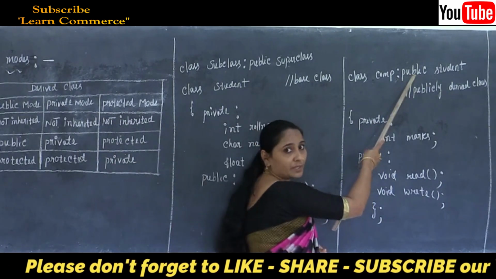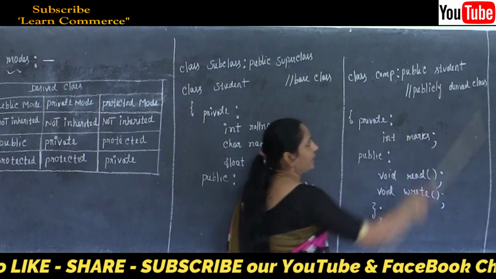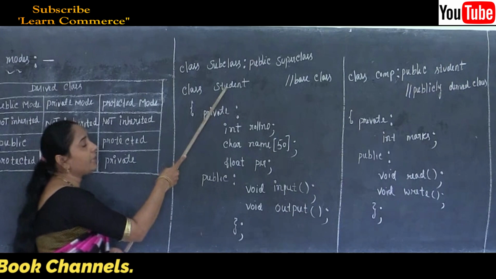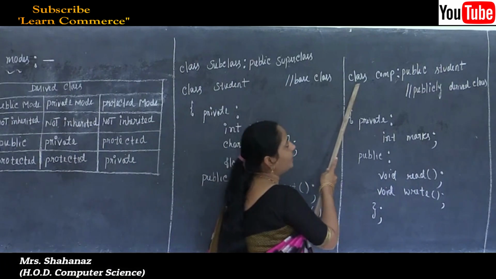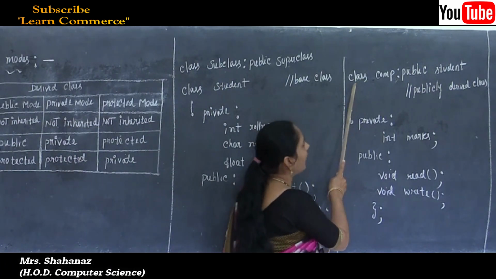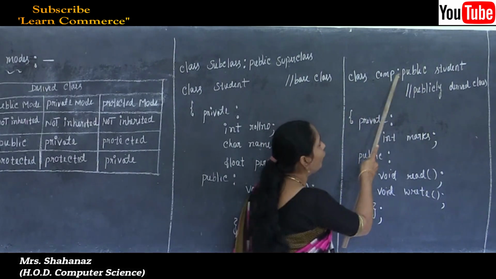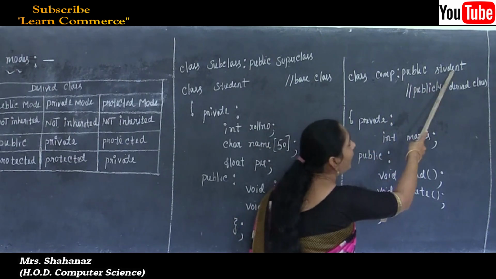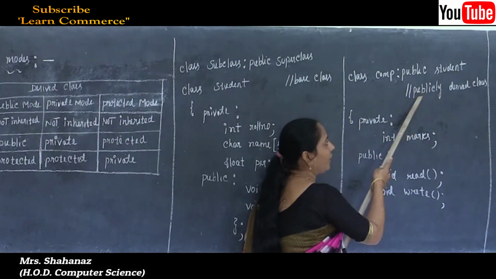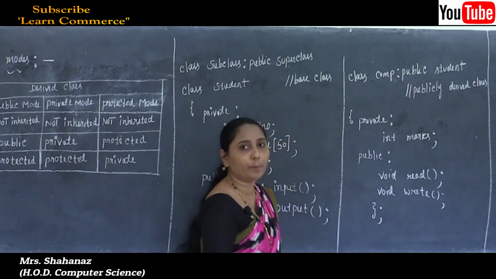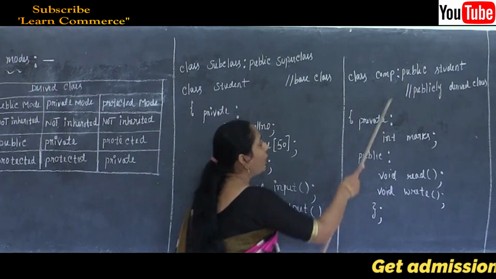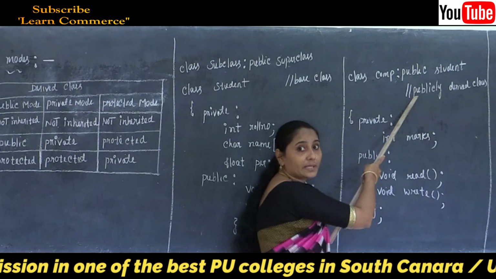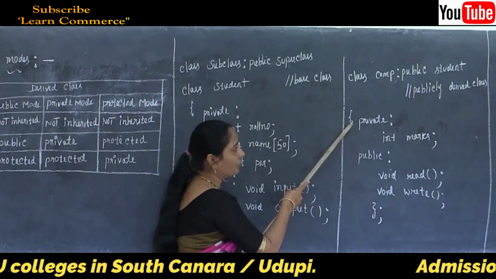So the public visibility mode is public here, and next one is about our base class name. The base class name we already completed, that is student. So this line, that means the definition of the derived class, class COMP derived class name colon, I want to access the features from the public side of the base class, and next the base class name is student. So finally we can write the comment line as publicly derived class. Okay, so that means we can say the derived class definition is from the public of the base class. And later next one, opening of the flower bracket.